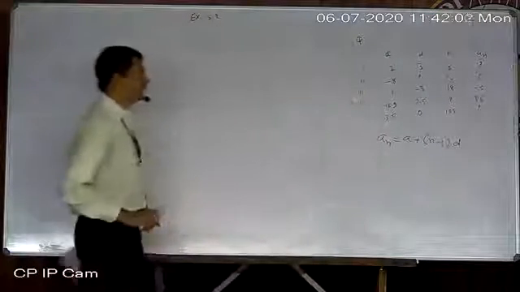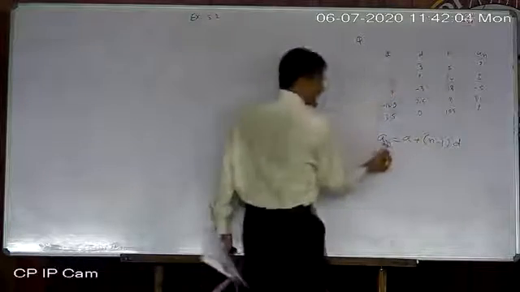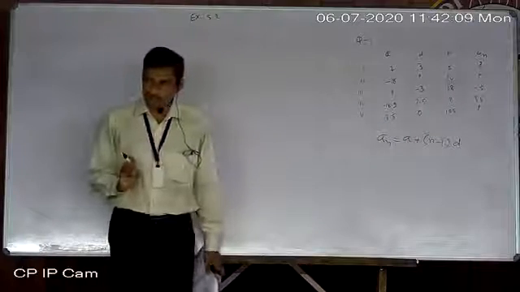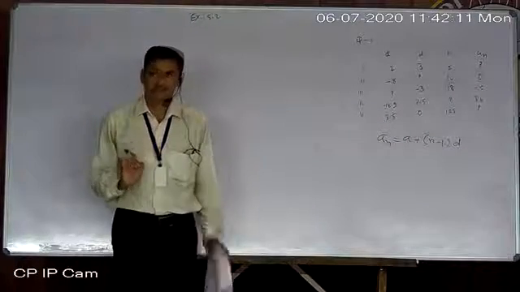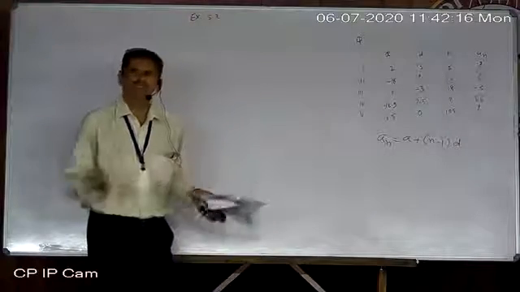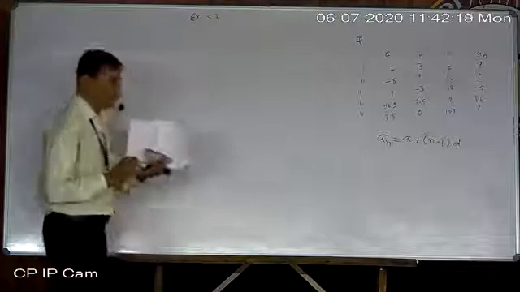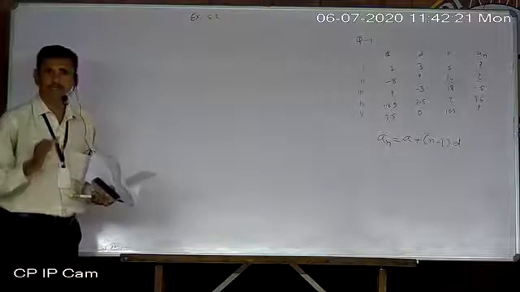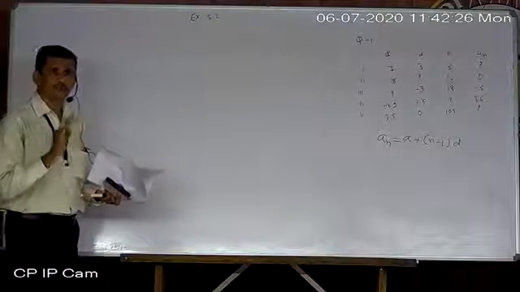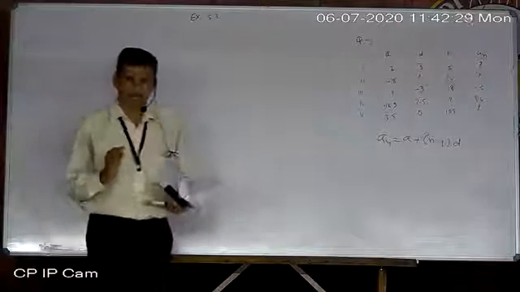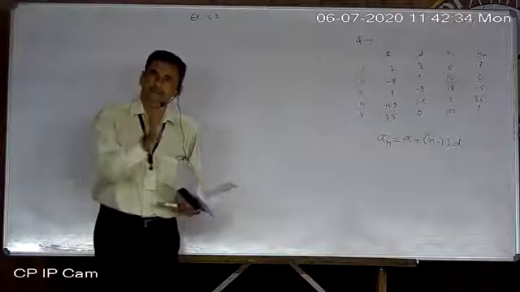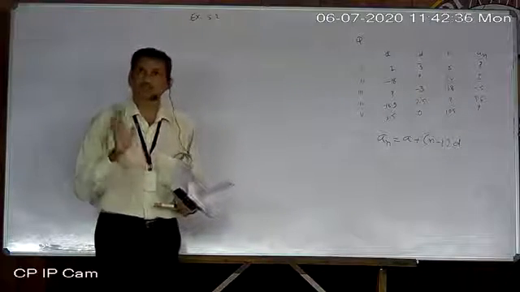Now, in question number 1, you just see here, a total of 5 questions are given. In each, something is missing. A total of 4 variables are there. If 4 variables are there and any one is missing, meaning any 3 are given, then you can find the missing one by making it the subject. So from one equation you can find one variable which is not given. You have nothing else to do: first write down the formula, place all values, and make the variable which is not given the subject.